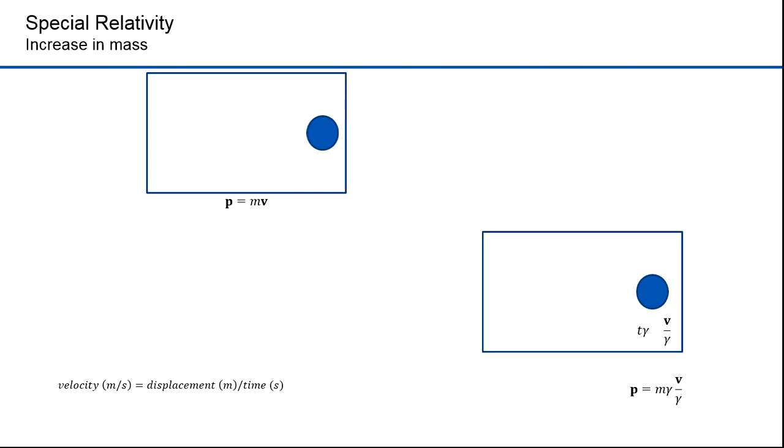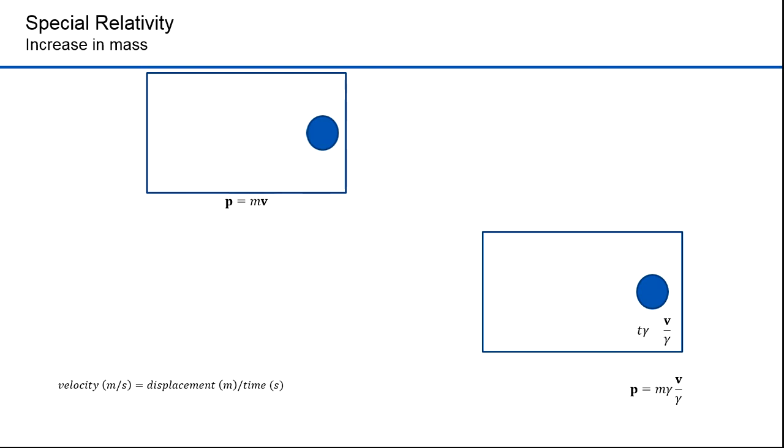Now let's make that adjustment in the momentum equation. Notice that we divided the velocity v by gamma because of the time dilation. We also had to multiply the mass by gamma. In the first case, the mass moved within a fixed frame. In the other case, the mass moved within a moving frame. If there's no imparted acceleration, both frames are inertial frames of reference, and hence the momentums have to be the same. This is the law of conservation of momentum.